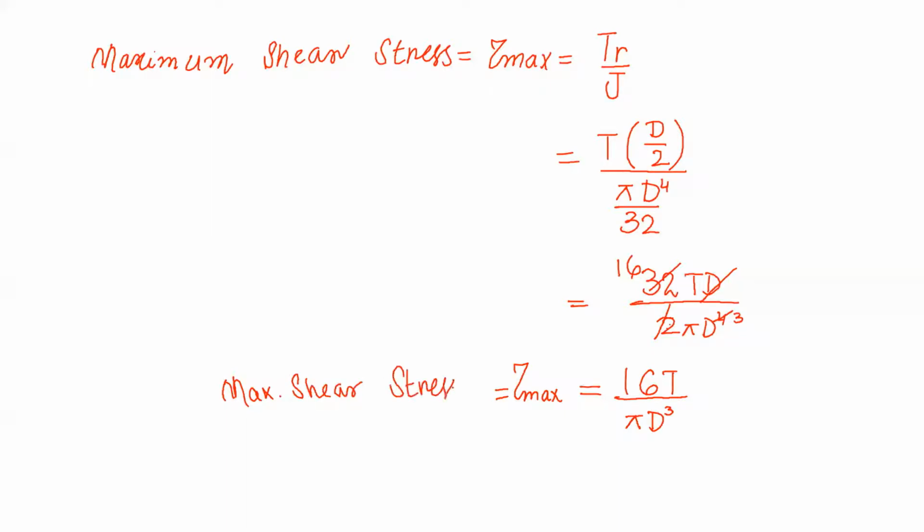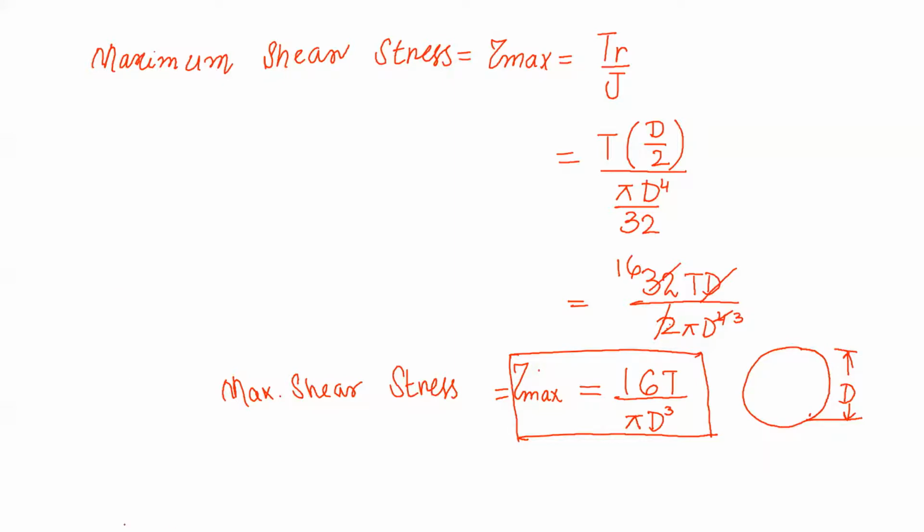So this is all about the derivation. So I can use this formula for calculating maximum shear stress. And obviously D is the diameter. So when we are talking about the bar, the diameter of the bar should be D. So this is the way to represent it. And I don't think there is a problem in understanding my point or getting the formula.